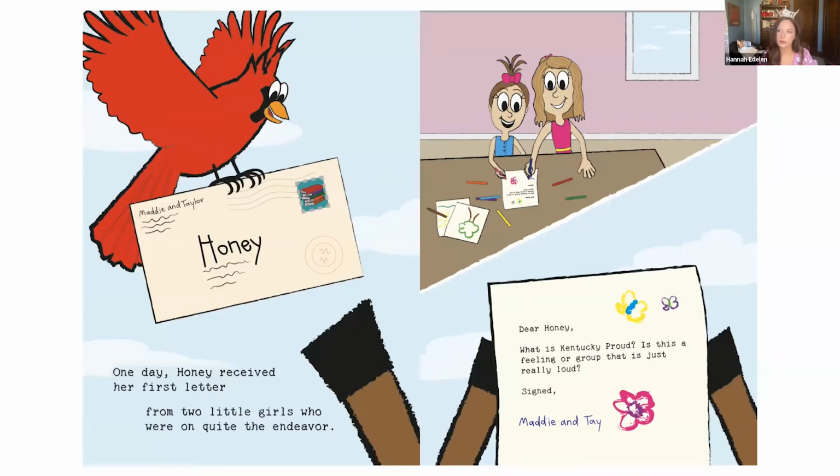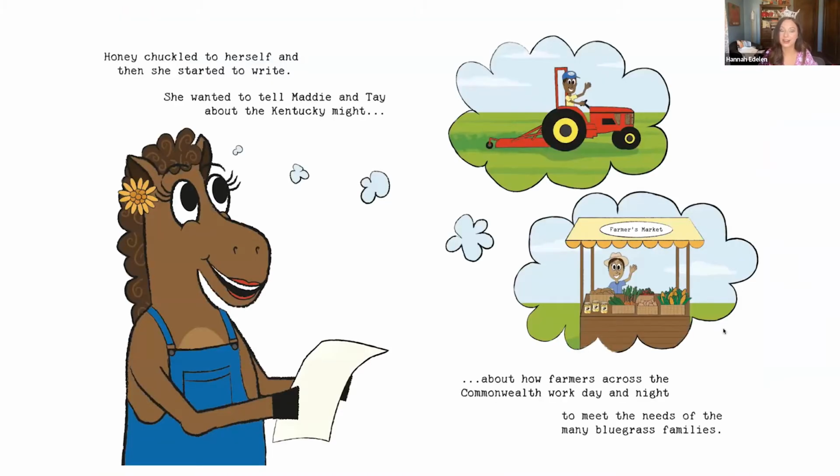Dear Honey, what is Kentucky Proud? Is this a feeling or a group that's just really loud? Signed, Maddie and Tay. Honey chuckled to herself, and then she started to write. She wanted to tell Maddie and Tay all about the Kentucky Light, about how farmers across the Commonwealth work day and night to meet the needs of our many bluegrass families.